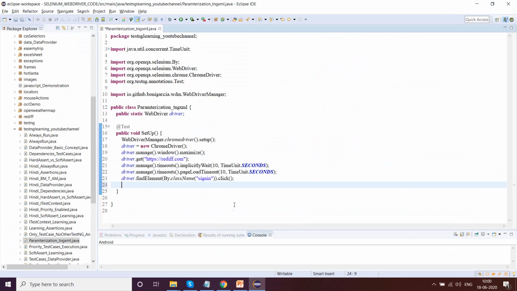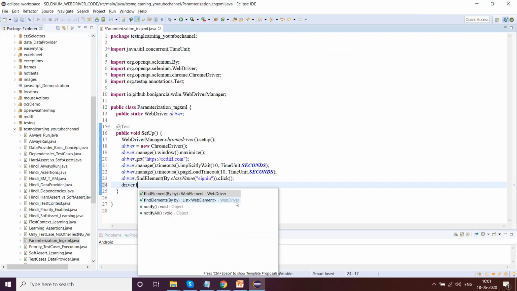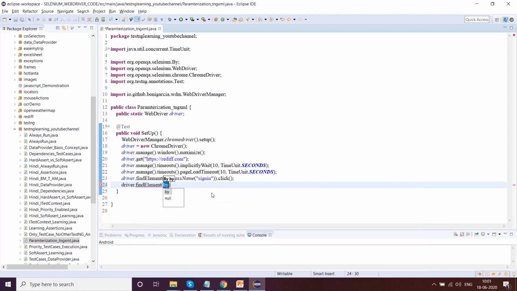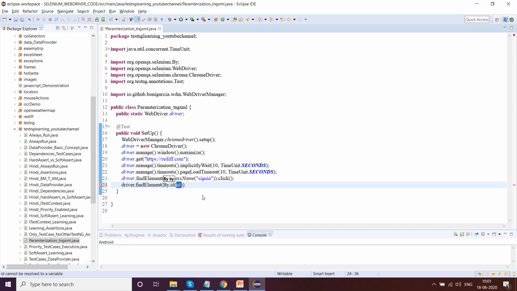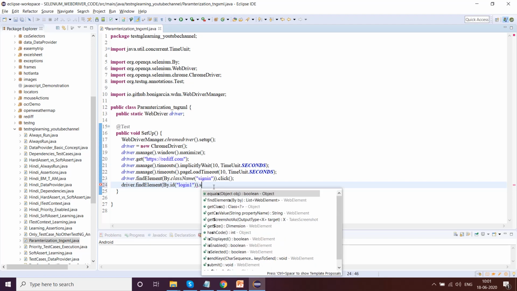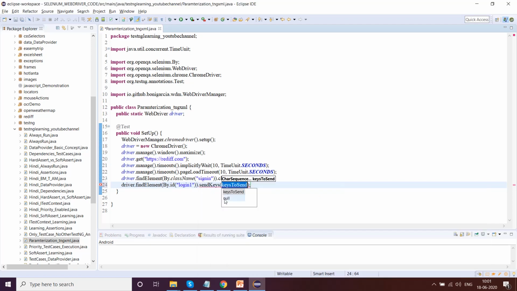Both are input tags. So I'll just go ahead: driver dot find element by.id login1 dot send keys, because it is a text box, selenium panda at rediffmail.com.